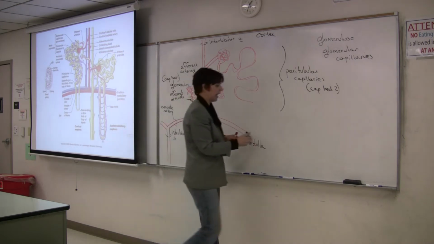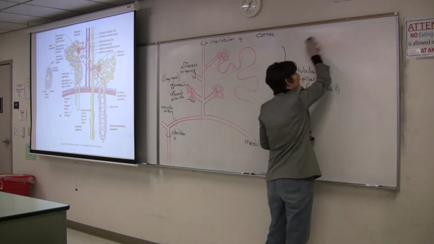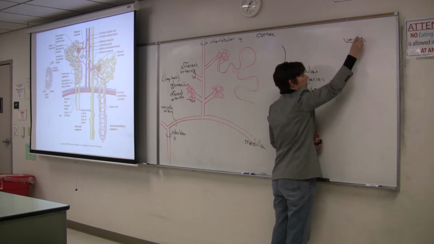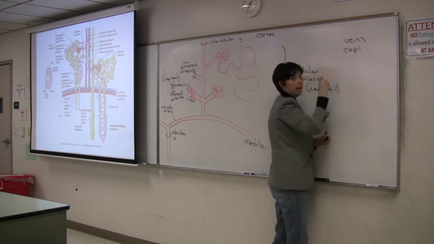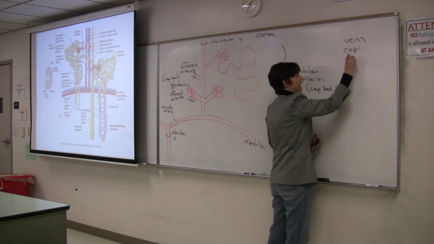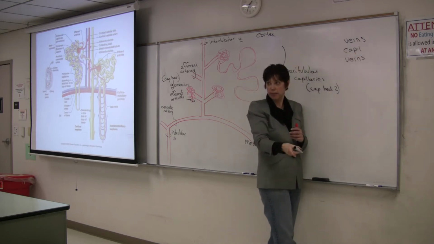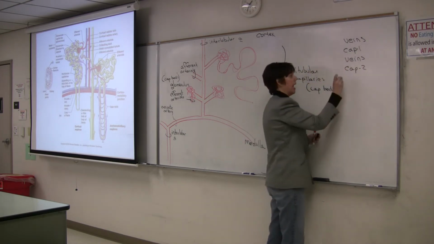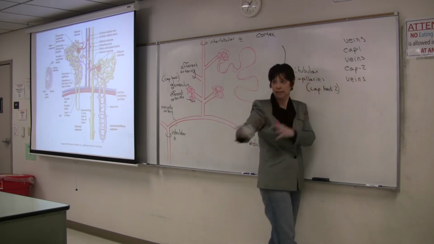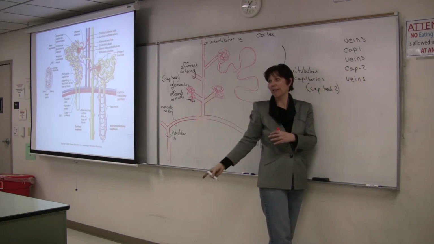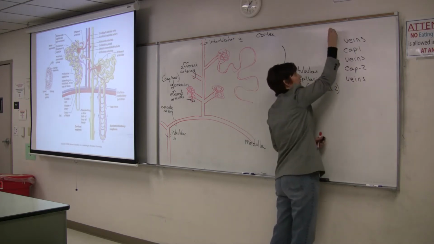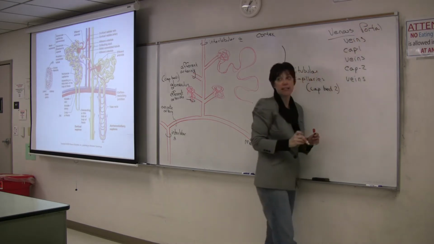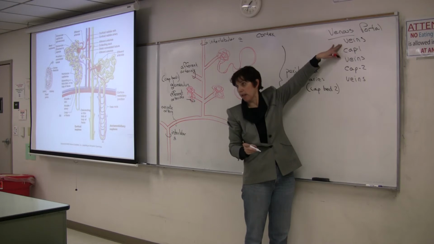So just real briefly, if you remember, in the hypothalamus, we had veins, cap bed 1. In the hypothalamus, veins again, the portal veins going down the pituitary stalk, cap bed 2 in the pituitary gland, and then pituitary veins carrying away the hormones back to the heart for distribution. Okay? So this is a venous portal system. And the same pattern we'll see again in the digestive system, where the veins of the small intestine going,